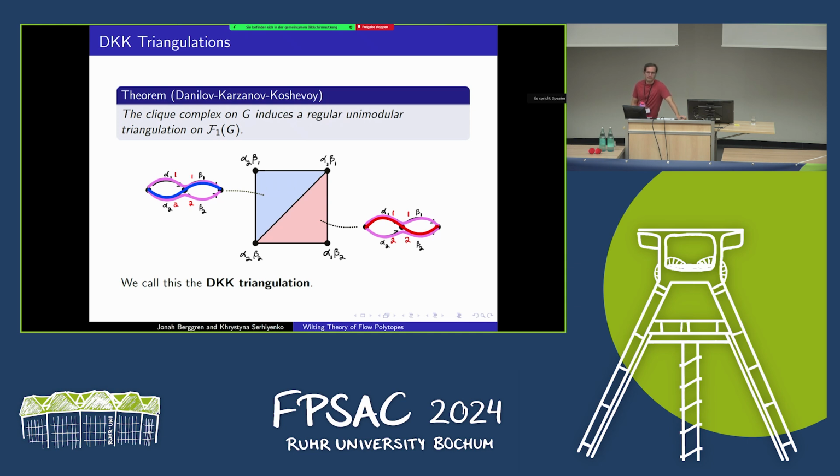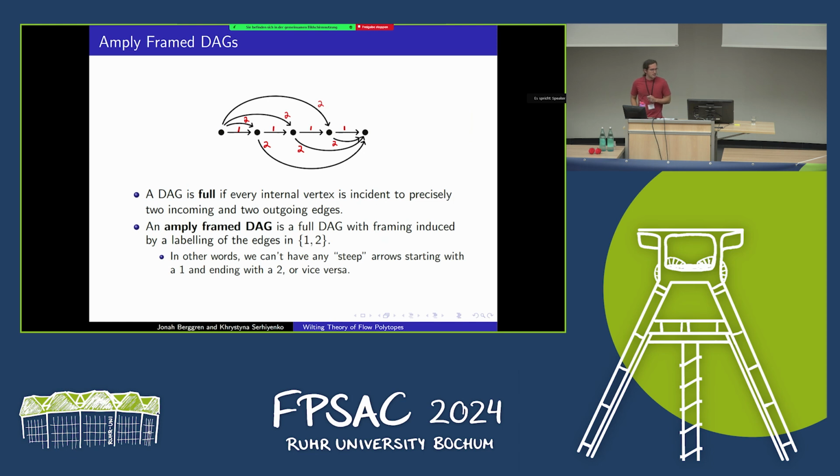And even if I have a really big, fancy, high-dimensional flow polytope, this thing is going to work. It's going to give me a nice regular unimodular triangulation. I can use it to calculate volumes. I can calculate H star vectors with it. I can do all sorts of wonderful things with my DKK triangulation that is modeled by this nice simplicial complex of routes. And, well, now I'm going to start talking about a special case, which we call amply